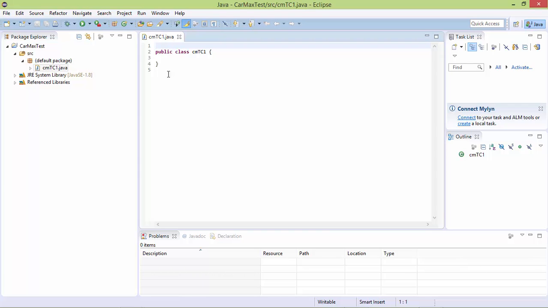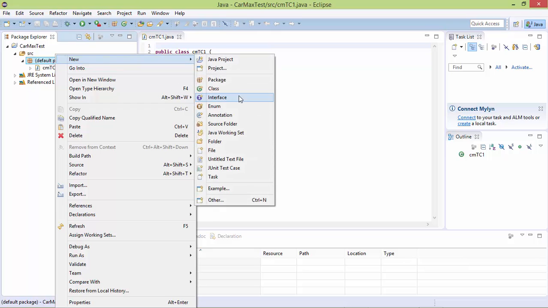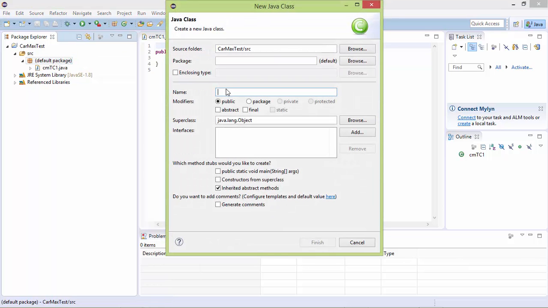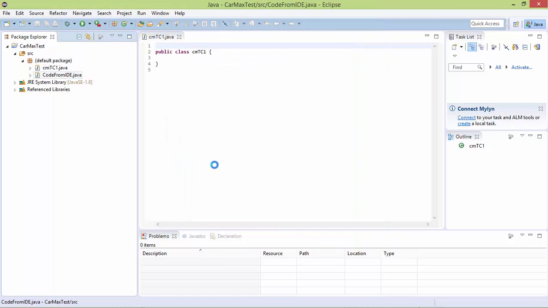And when you create a new class, this is just a plain new one. What I want to show you is what I'm gonna do. I'm just gonna create another class, and I'm just gonna call this one code from IDE. So that way we can take a look at this